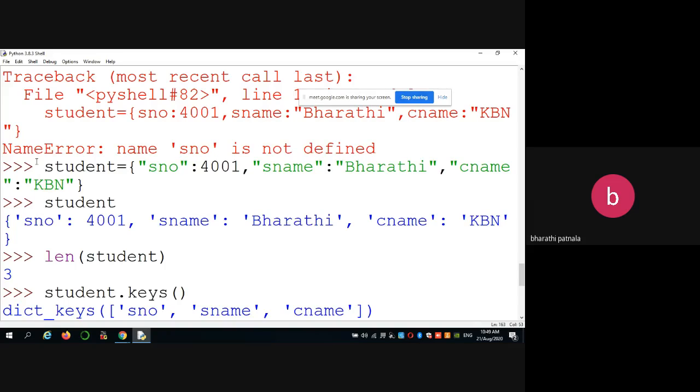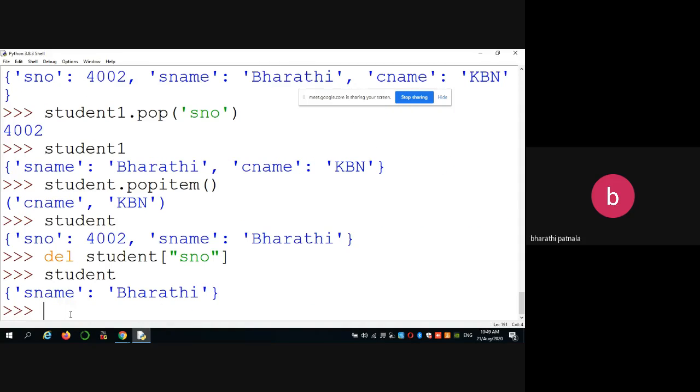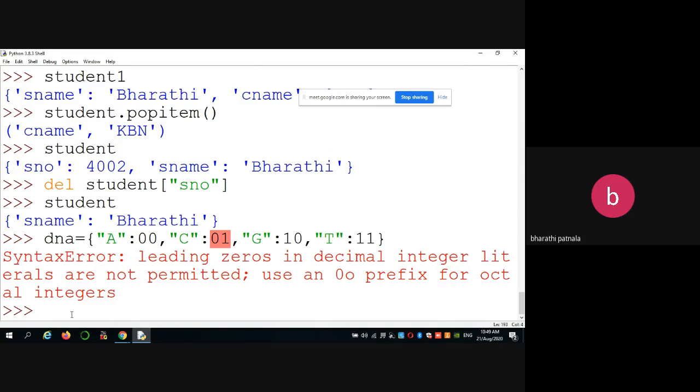For example, we have a DNA structure. In the DNA structure, we have A, C, G, T. So the A can be represented as 00, C can be represented as 01, G can be represented as 10, T can be represented as 11. At that time, you can use these.